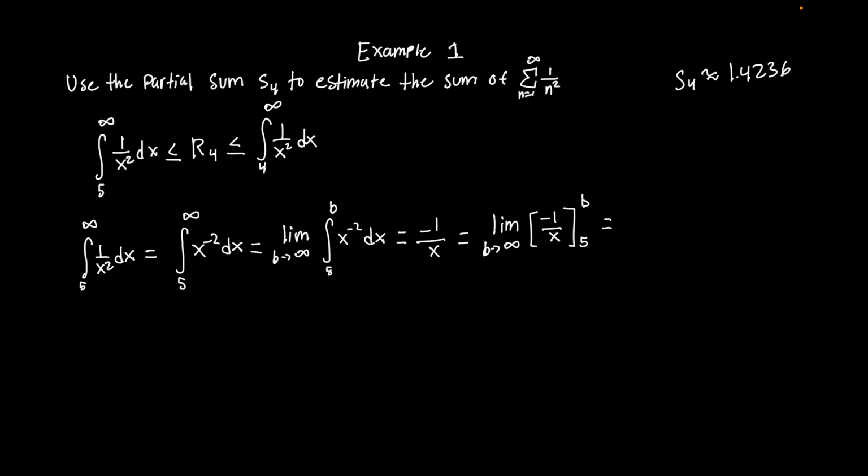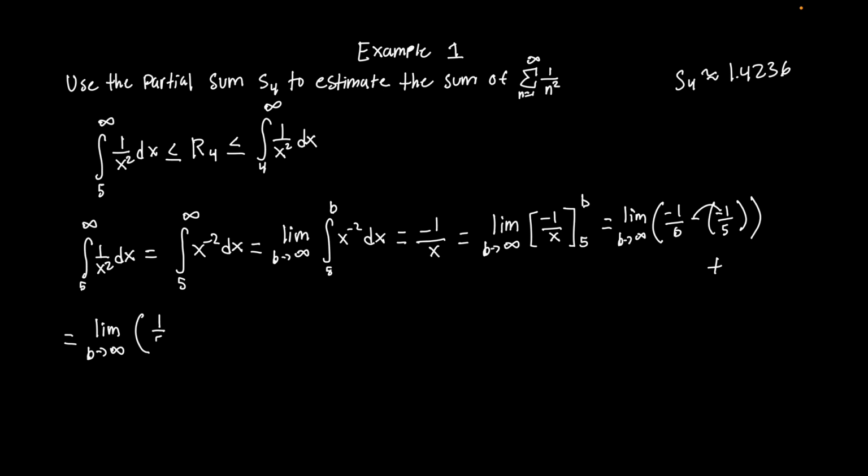So the limit as b approaches infinity of negative 1 over b minus negative 1 over 5. We distribute the negatives here, so this negative will cancel out. Since this term is positive, I'm going to move it to the front so it looks cleaner. So this is equal to the limit as b approaches infinity of